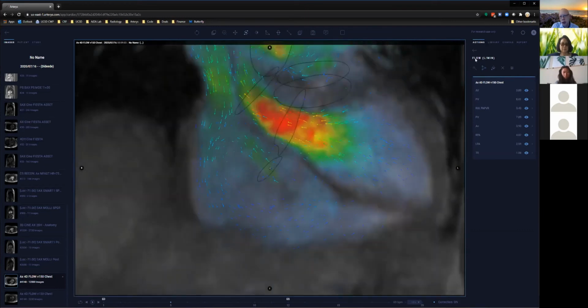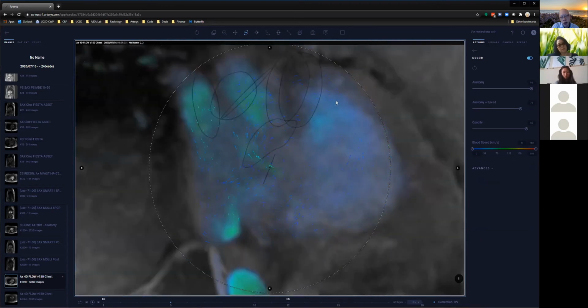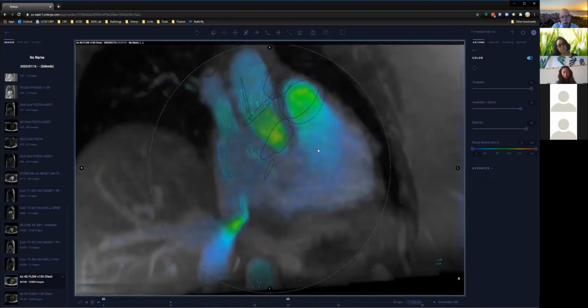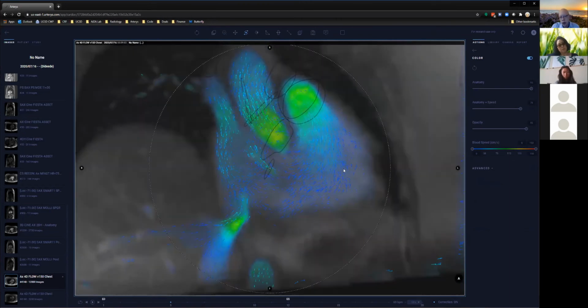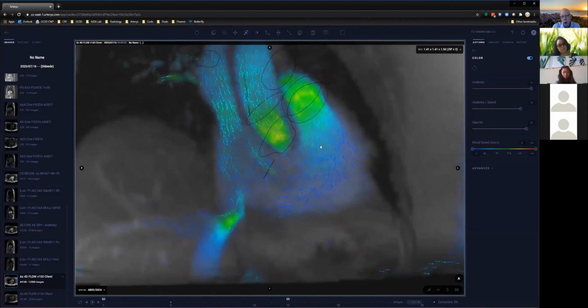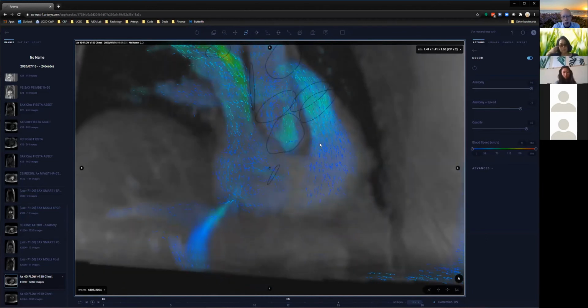So we can set our color scale a certain way. I typically use 150, and that visual assessment is pretty good and pretty consistent. There's been a couple different papers on visual assessment with 4D flow, and it seems to correlate quite well with the quantitative numbers. Now you're going to see a couple things here. In this particular case,